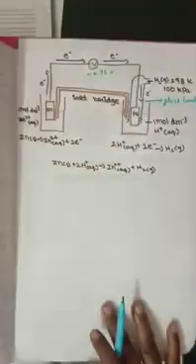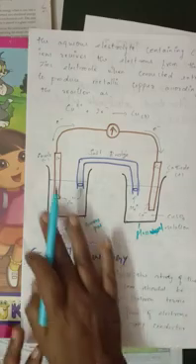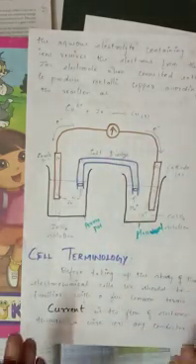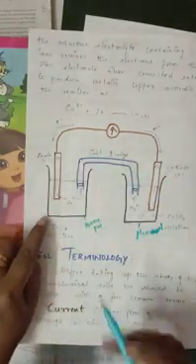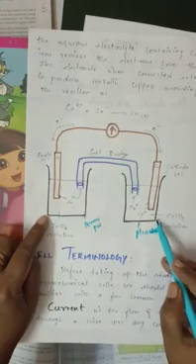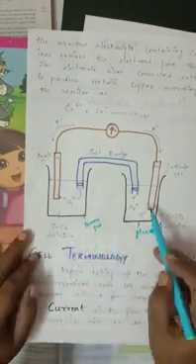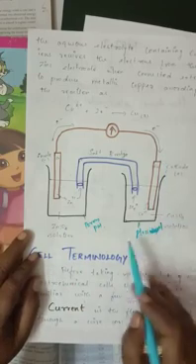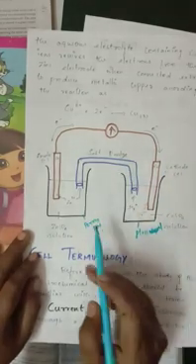See here, this is the structure of the electrochemical cell. The electrochemical cell is arranged in 2 cells, so 2 apparatus are placed here. This one is a porous pot, and another one is a glass vessel. Zinc is placed in the solution of zinc sulfate, and here the copper is placed in glass wool as well as in the copper sulfate solution. So this is made up of 2 half cells.